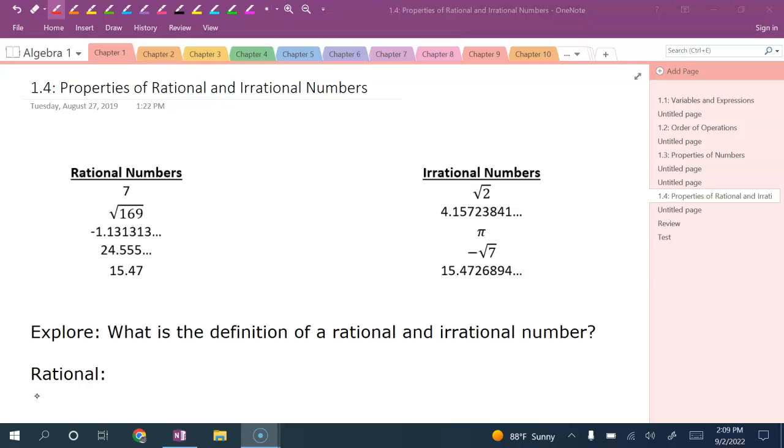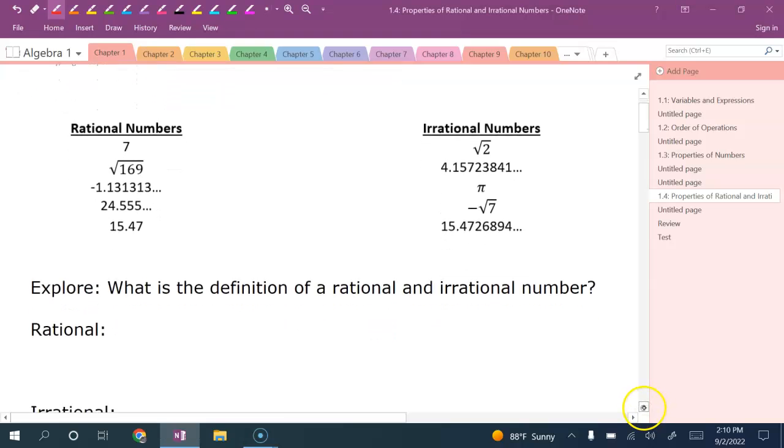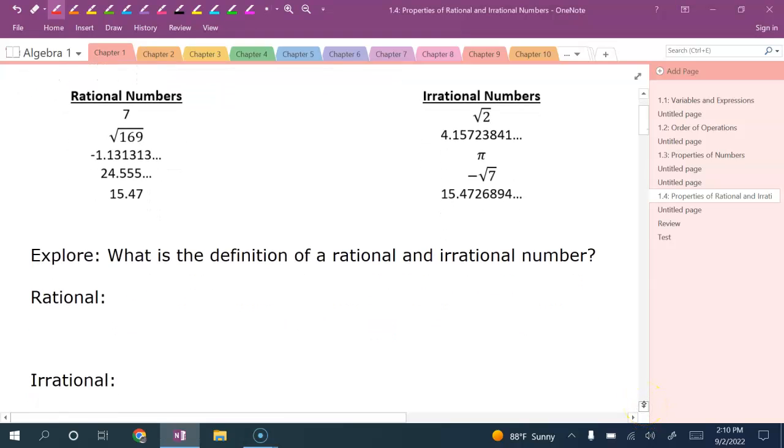numbers. So when I'm looking at a rational number, so all of these over here on the left of your screen would be considered rational numbers. The 7, the square root of 169, and then we've got some decimals here. Negative 1.131313, 24.555, 15.47. So rational numbers, the true definition of them, would be anything that could be written as a fraction,